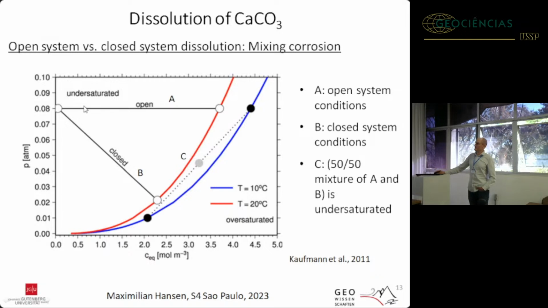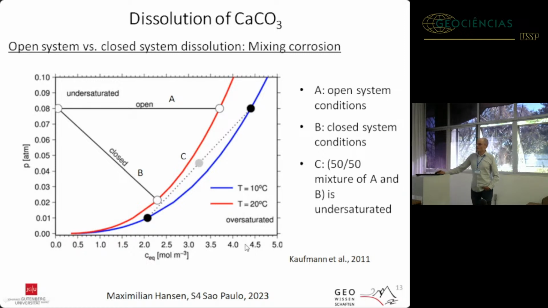Under open system conditions, that would plot along this line, for two different temperatures, 10 and 20 degrees. For 10 degrees, you would end up with a concentration of somewhere here between 4 and